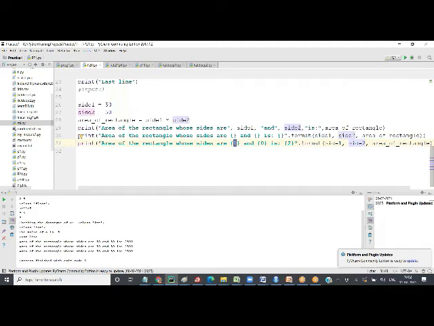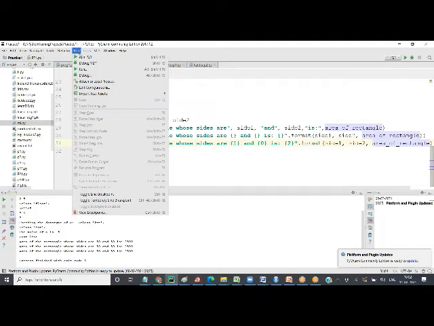So I can say 1, 0, 2. 1 means I want to use the second parameter from this function, so the side 2 value will come here, and the side 1 value will come here, right? You can change the order.